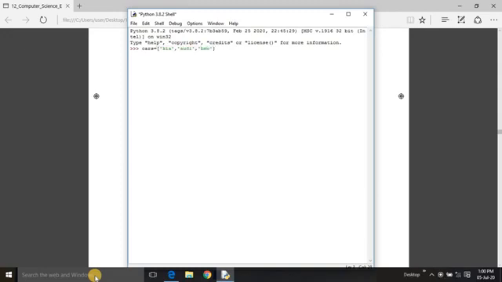So I have created a list in the name cars. For every item in enumerate